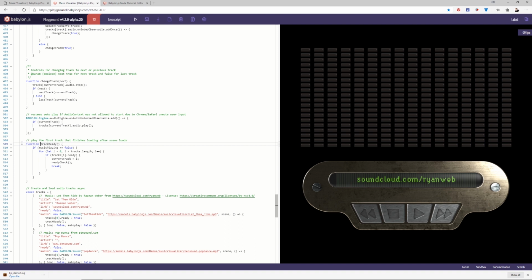And in track ready here, this is a really quick little function. We check to see if our variable music playing is true or false. If it's false, that means that no music has started playing yet. And that's great because then that means the track that first called track ready is the first track. And so with it false, we will start looping through the tracks. And basically what we want to do is look for the first one that we find that's ready. And the reason we're doing it this way is because